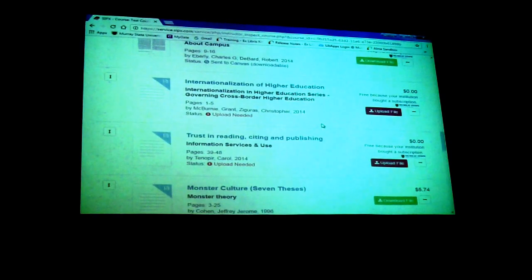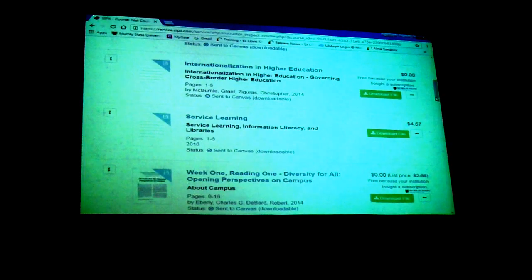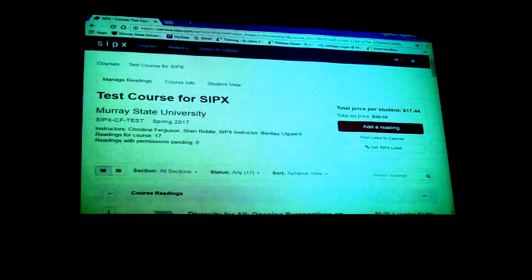Is your article in Canvas right now? Well, I'm in SIPX. So when you click on the SIPX reading link in Canvas, it redirects you to SIPX. Can you scroll all the way back up to the top? Yes. There is a return to